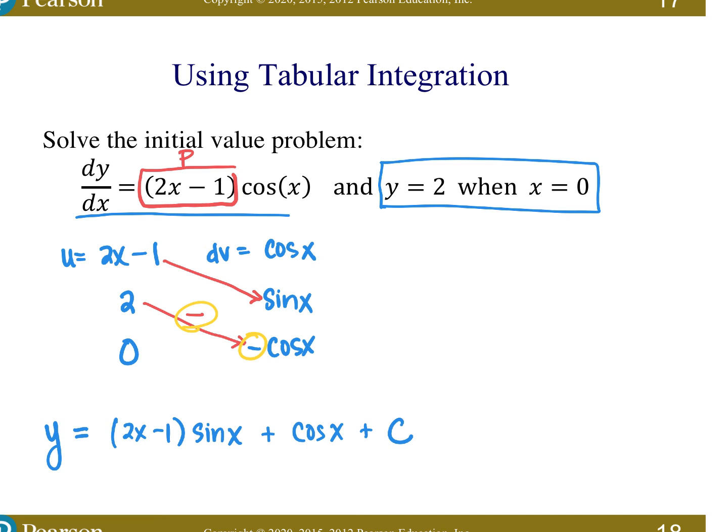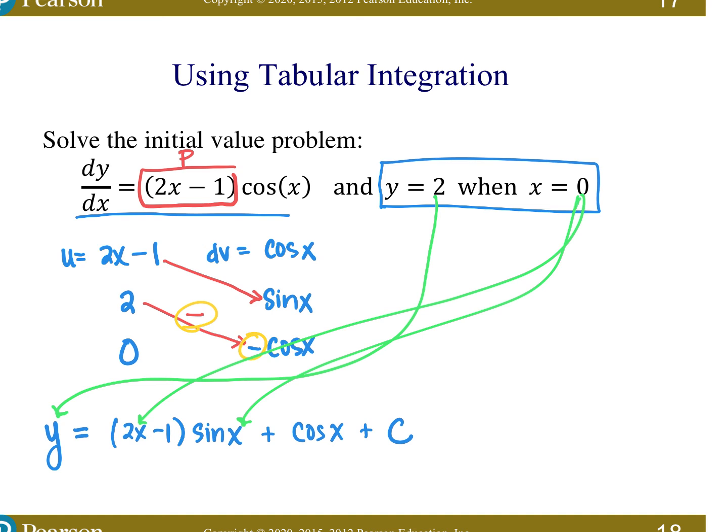Now we're going to use the initial values. So y equals 2 and x is 0. My y equals 2 will go in for y, and my x is 0 is going to go in all the places where we have x. So a bunch of those are all going to be 0. So I'm going to have 2